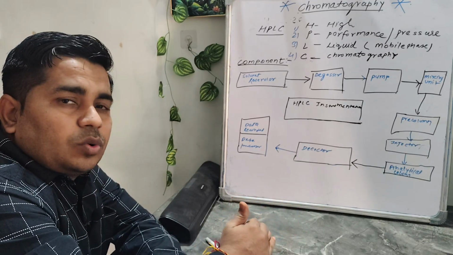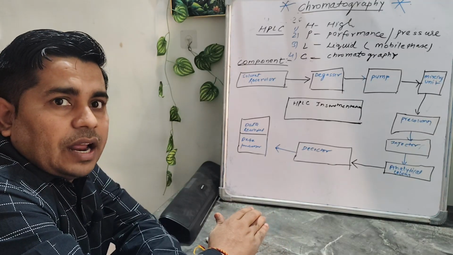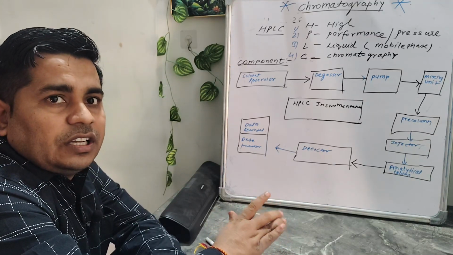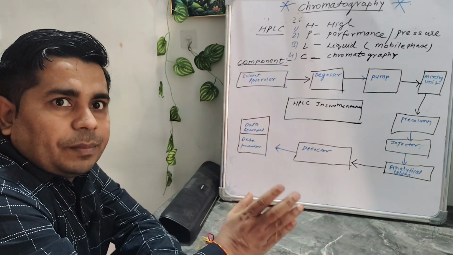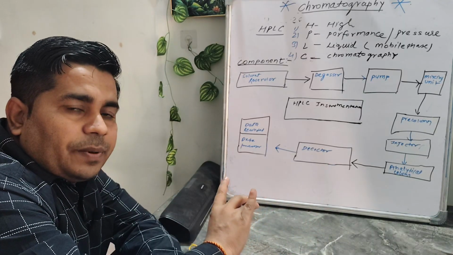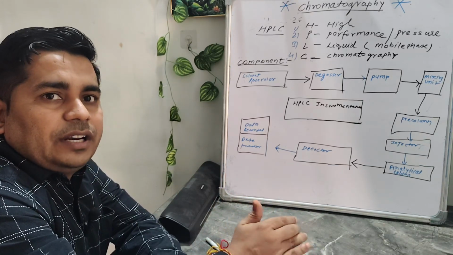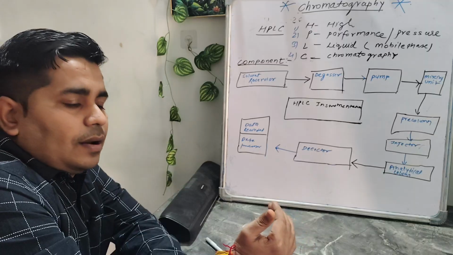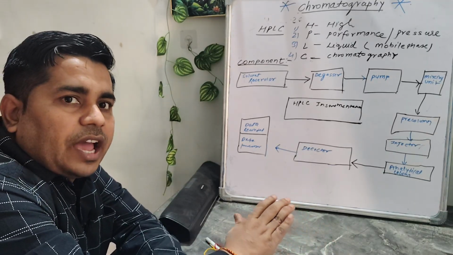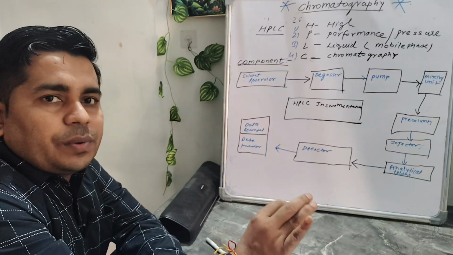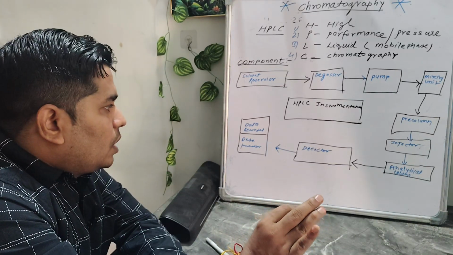Suppose we are going through the reverse phase analysis. Suppose our mobile phase is polar and the stationary phase is non-polar. Considering the affinity between the nature of the compound and the stationary phase, a non-polar compound on a non-polar stationary phase elutes faster, then a moderately polar compound elutes second, and then the polar compound elutes later. It is based on the affinity between them in liquid chromatography, which is known as high performance liquid chromatography.